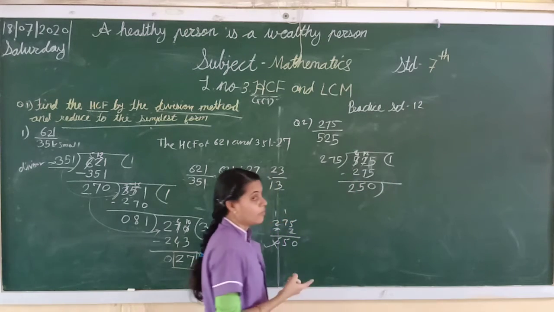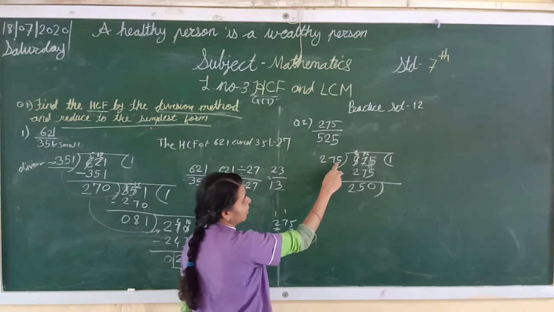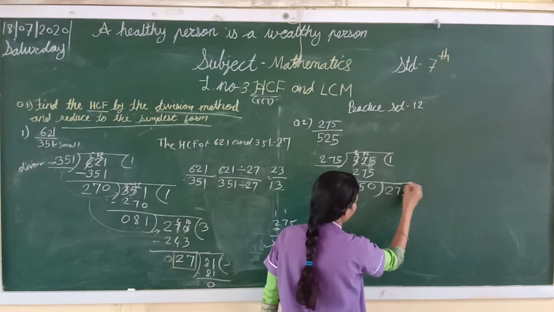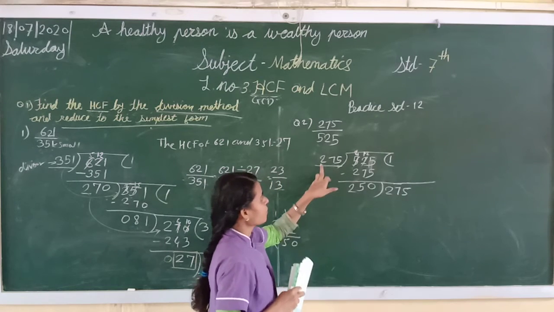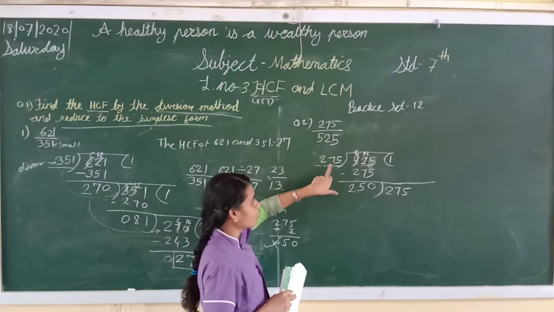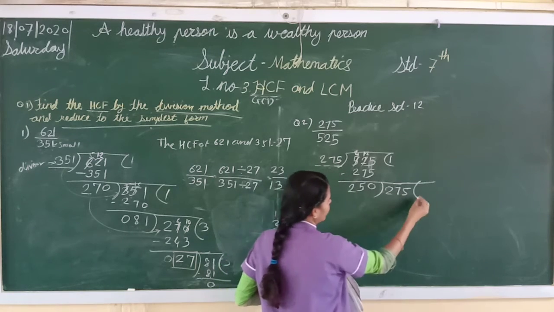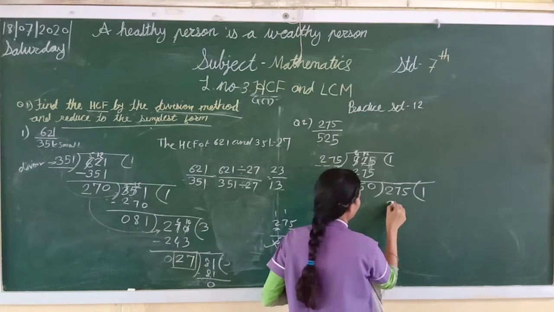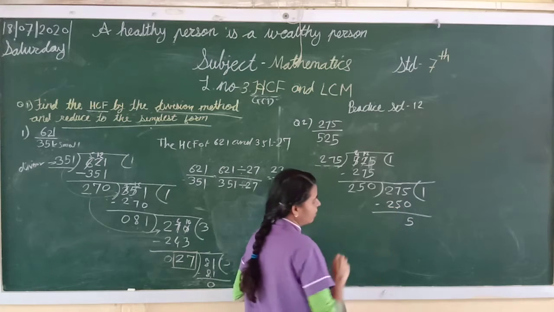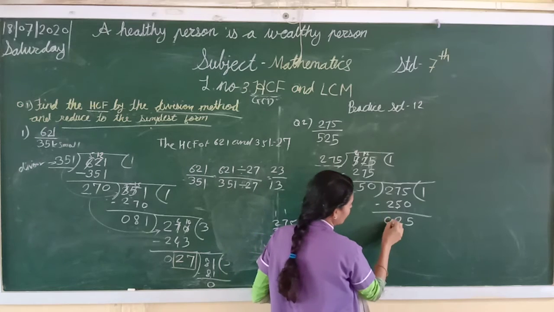Okay students. Now which one is the previous divisor? Previous divisor 275. So this divisor we will take here, 275. Students, don't be confused. We always take the previous divisor. Previous divisor 275. So here we divide again. Again we will divide it by 1. 250 ones are 250. Now minus, 5 minus 0 is 5. 7 minus 5, how much students? 2. 2 minus 2 is 0.